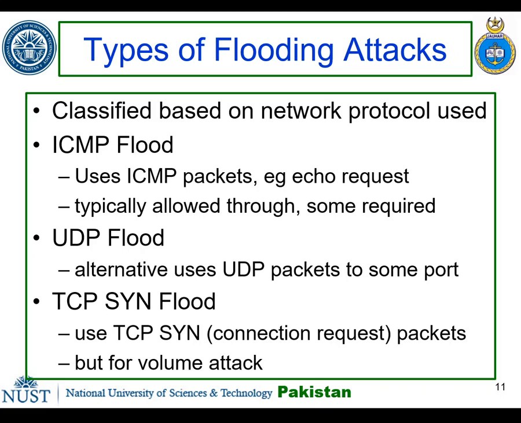An alternative to using ICMP packets is to use UDP packets directed to some port number and hence potential service on the target system. Spoofed source addresses are normally used if the attack is generated using a single source system, for the same reasons as with ICMP attacks. Another alternative is to send TCP packets to the target system.